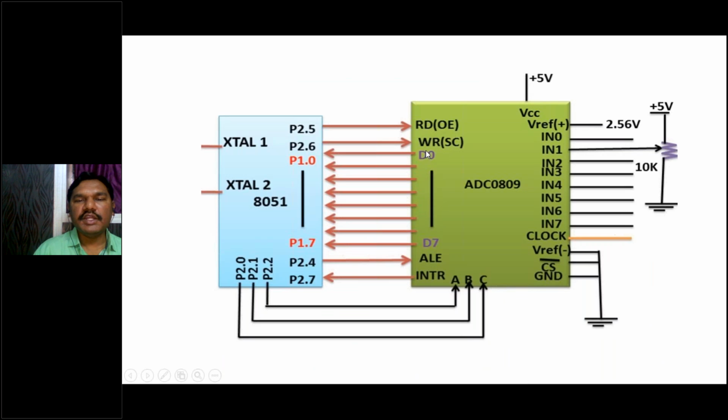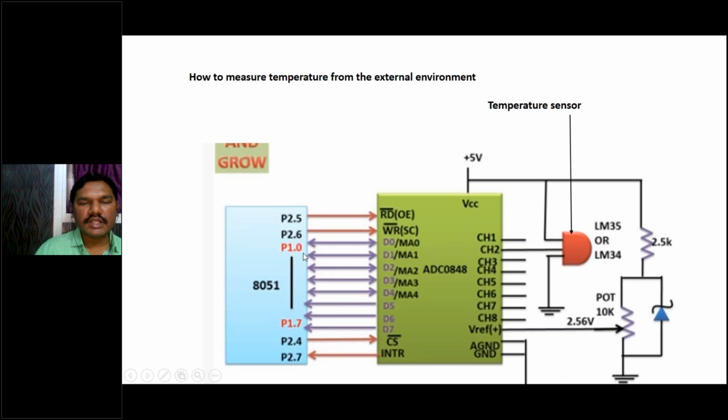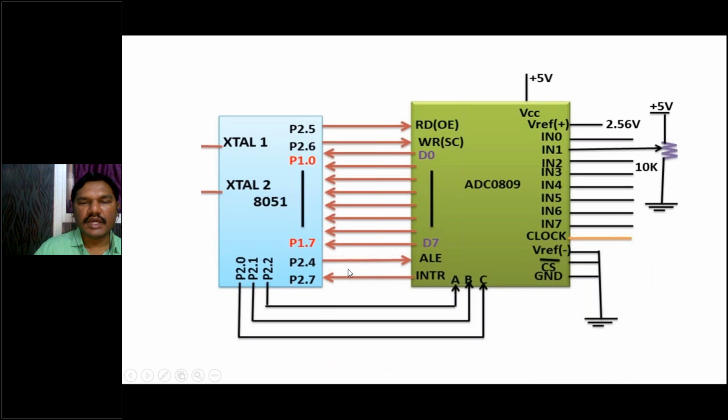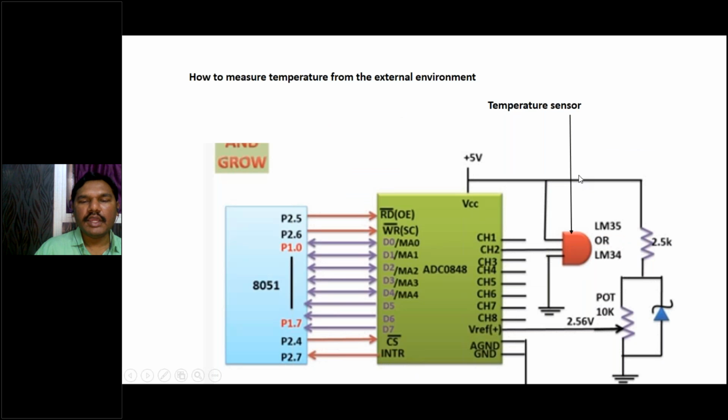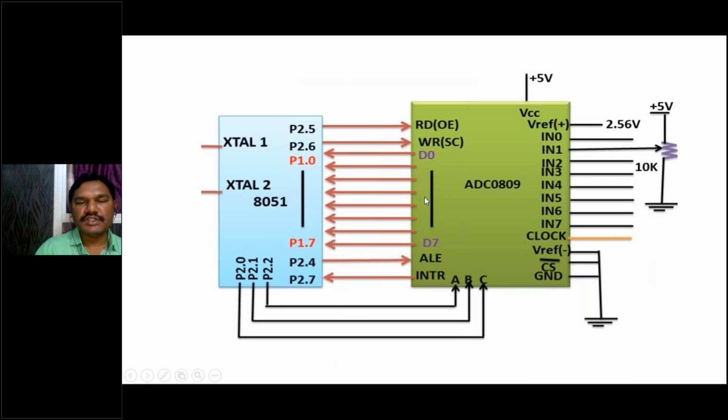Let's see here, D0 to D7 are connected to only this 8051, but this diagram is a little bit wrong. Here they are giving two-way arrows, but we have to take only a one-sided arrow. D0 to D7, which are B0 to B7, are binary values that only go to the 8051. This arrow should not be given to this edge, otherwise the complete diagram will become wrong. And here it shows whether we have knowledge on this topic or not.